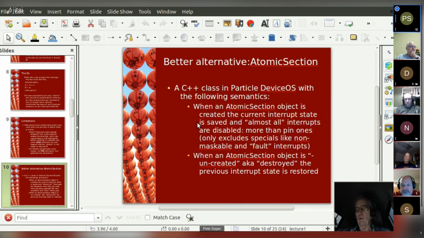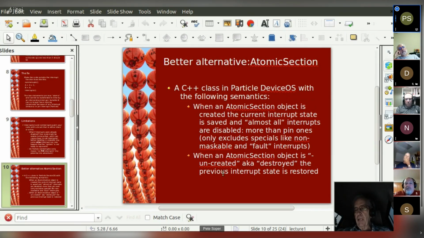There are a handful that you can't. One appropriately named non-maskable interrupt that you can't disable under any circumstances. And then there are other interrupts like divide by zero and memory faults and so on that are typically excluded. But it does include things like clock interrupts.